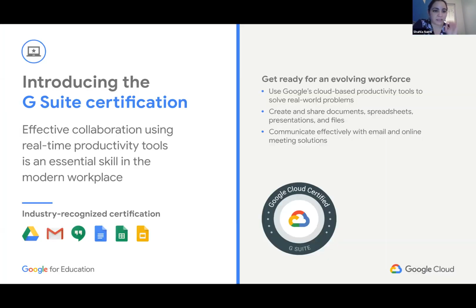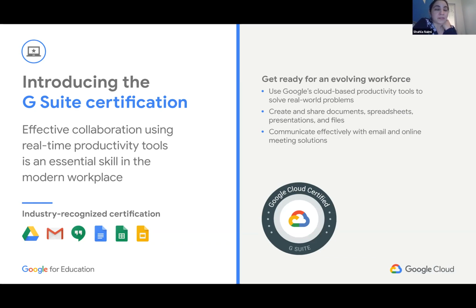And so we wanted to share and end our webinar series by really doing a deep dive into the G Suite certification. So taking a step back, you probably have never heard of the G Suite certification. And the reason for that is that we just launched it this year. So it's really new. For a very long time, Google never had an entry-level certification. And so after many, many years of hard work, Google Cloud actually launched a G Suite certification.